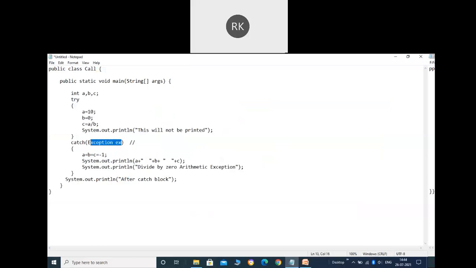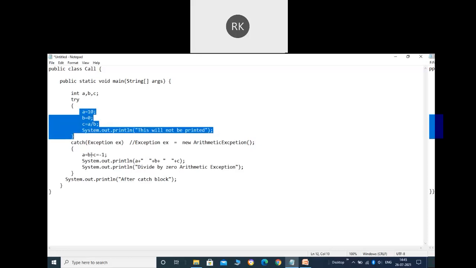We want to show it. This is what will be happening here: e equals new ArithmeticException. As we have already seen from the figure, we can create the object of child and receive it in parent. So you can be assured that no matter whether it is throwing the arithmetic exception or some other exception, all will be caught here. We are making use of a parameter name e so that we can use the object here.